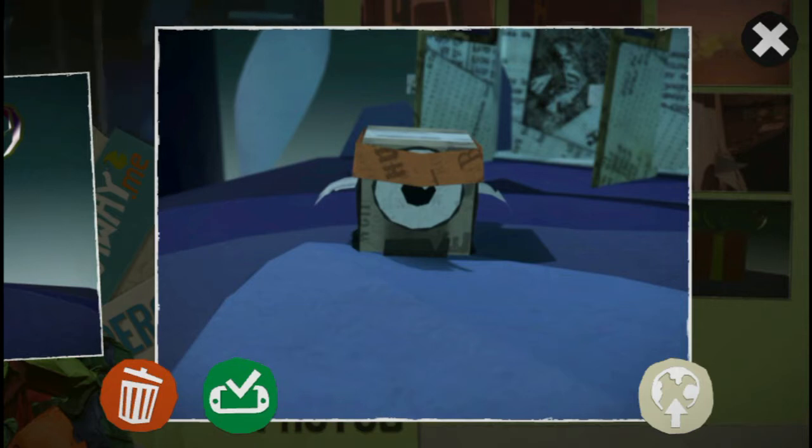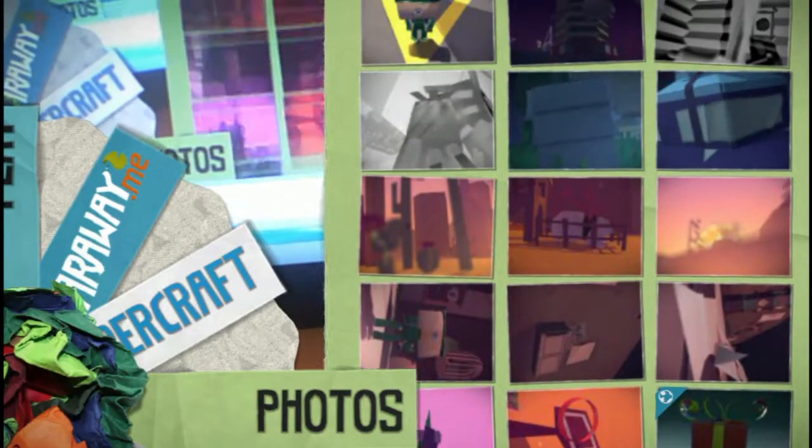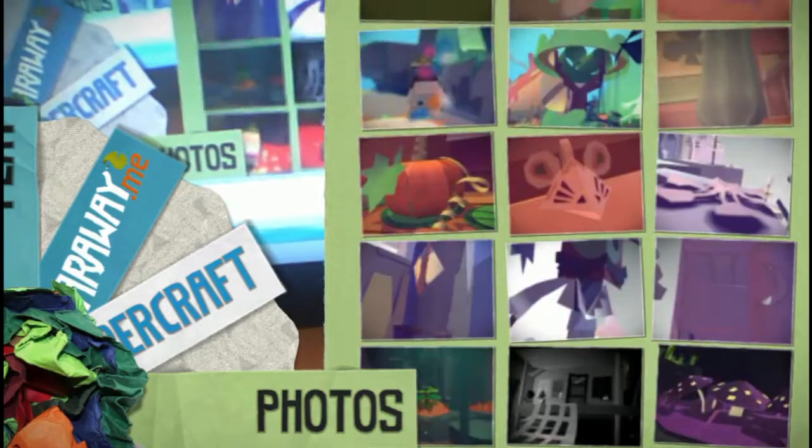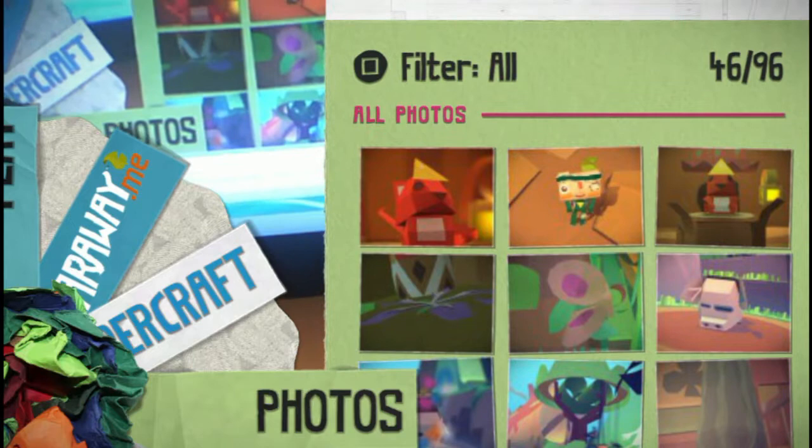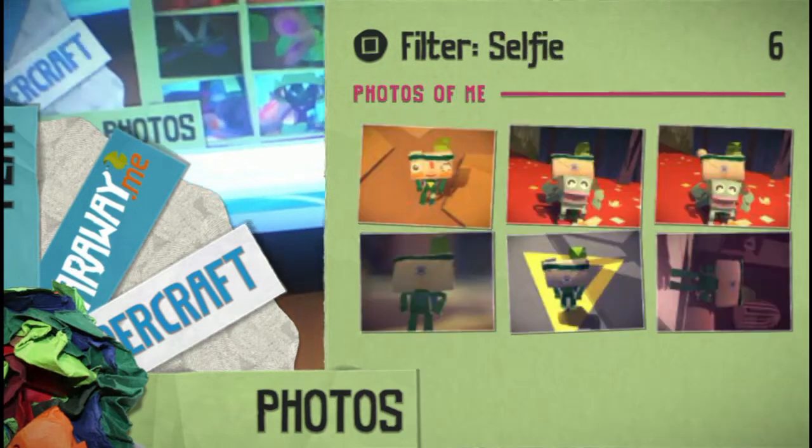The other one is upload. Upload will go to either Facebook or Twitter. I believe it also goes to tearaway.me. You have to log into your PlayStation Network account and you get access to papercraft stuff and your photo album. So there's a camera feature in the game. You can take photos of yourself in the game, of various game stuff. You press square, you can filter all, location, selfie,